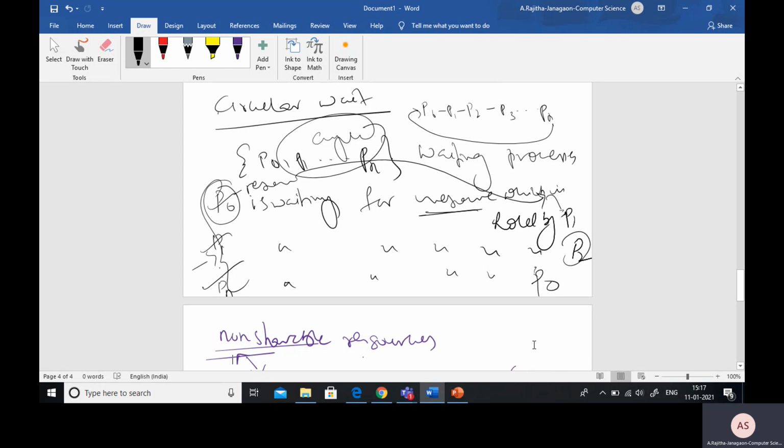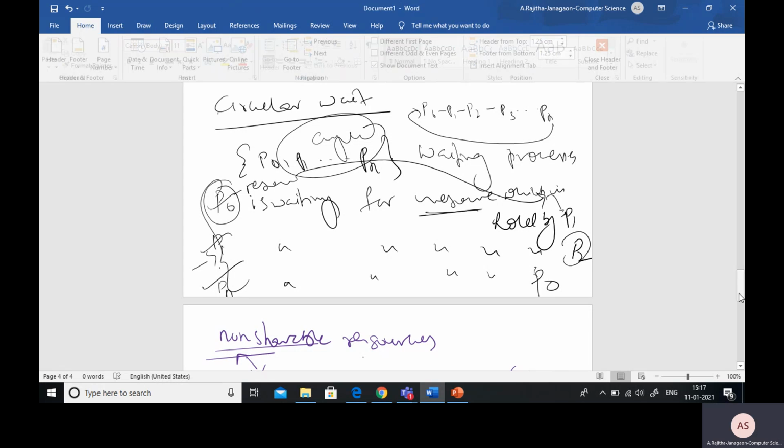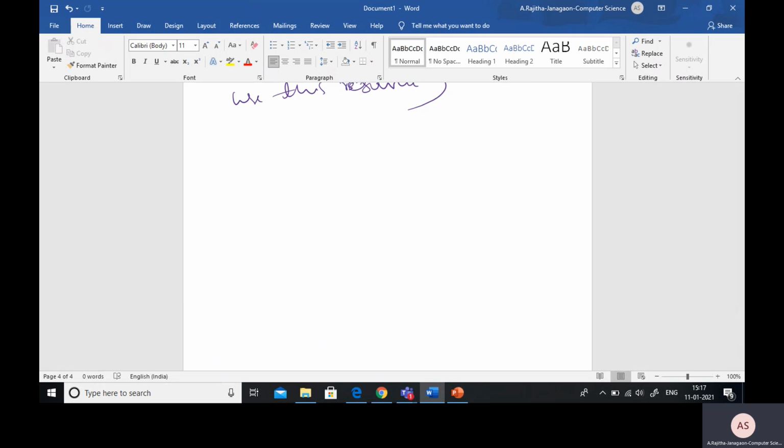Okay, so now see here, out of these four conditions, all must hold for a deadlock to occur. Coming to the circular wait condition, it implies hold and wait, isn't it? So coming to this circular wait, P1, P2